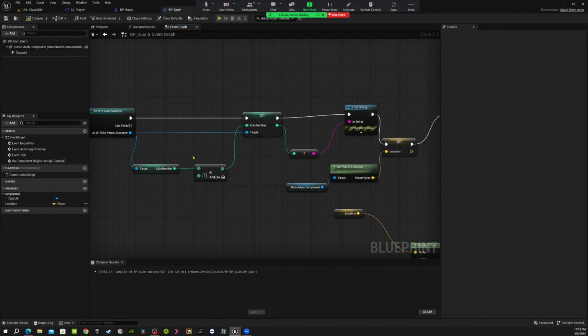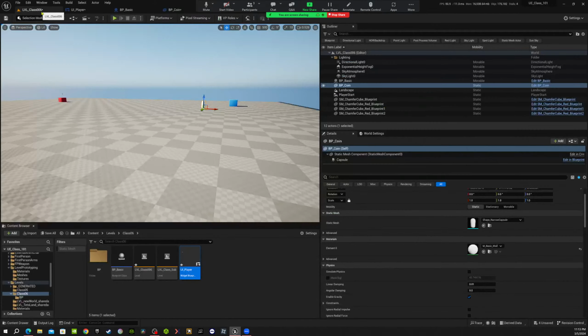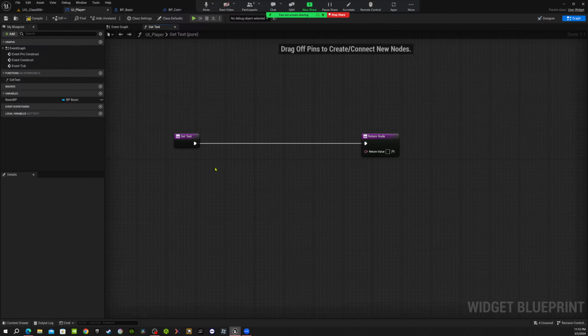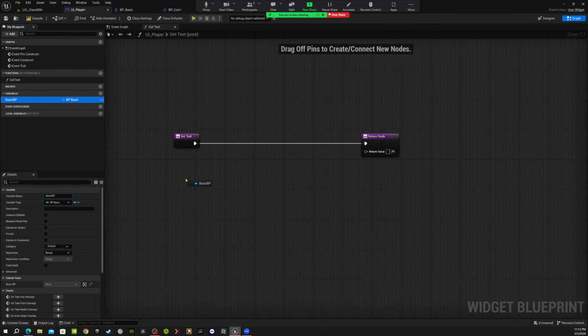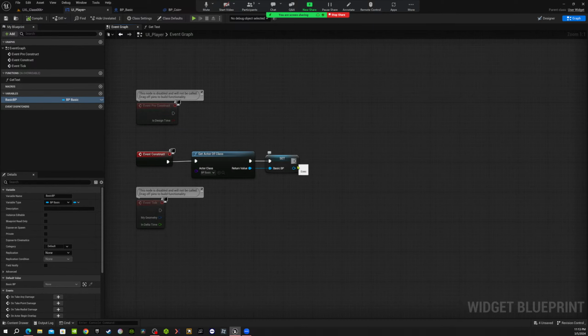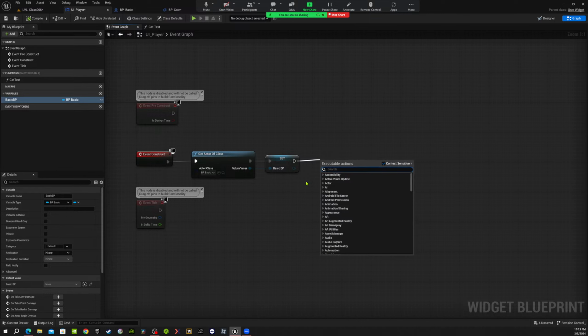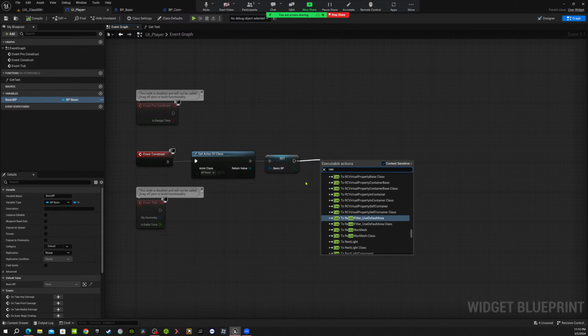We grab it, we change the coin number. Perfect. So if we go to blueprint, this one, and then get the basic, no, we need to get the player actually, because that's on the player side. So that's gonna be again cast to